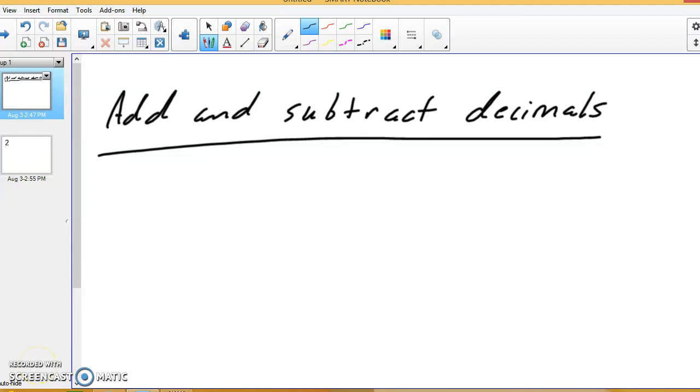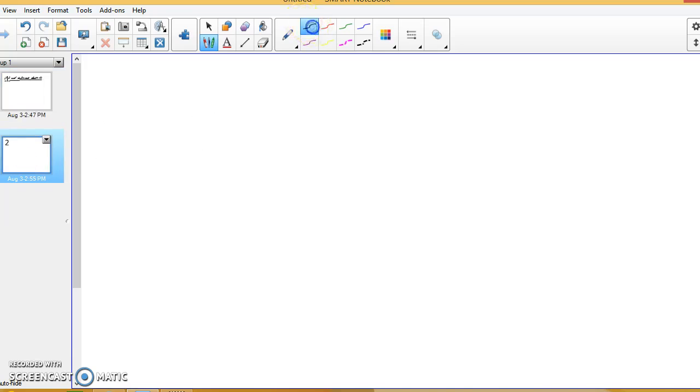In this lesson, we're going to learn how to add and subtract decimals. The way we add and subtract decimals is fairly simple, so I'll just start out with an example. Say we have 43.5, and we want to subtract